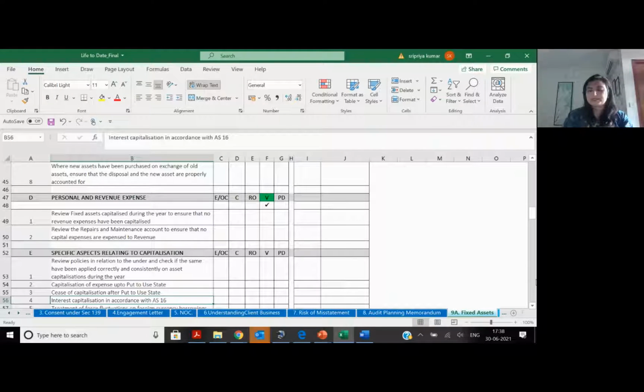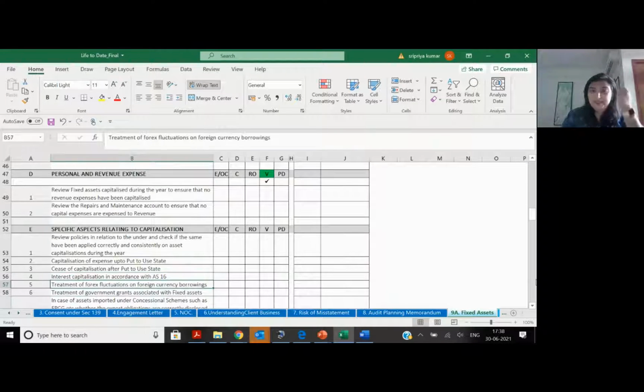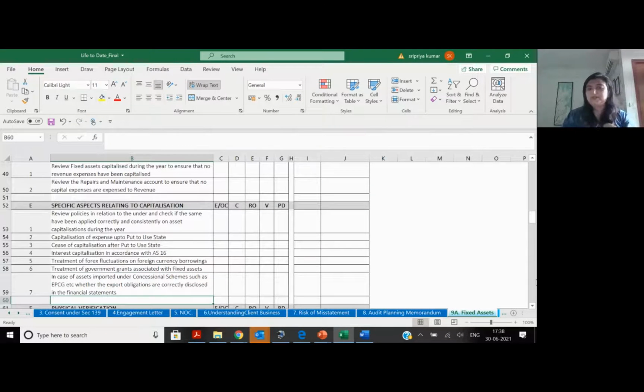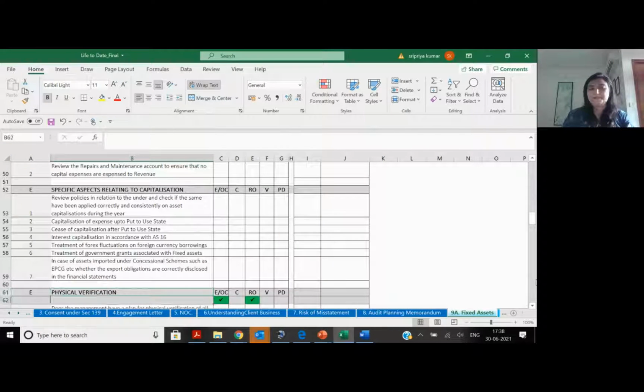150 crore capitalization has happened. 25 crores capitalization has happened. You need to ensure that the capitalization has happened correctly, which is basically when I accumulate my CWIP, it will be CWIP debit to supplier. And when I capitalize, I will credit CWIP and debit my fixed asset. Has the debiting happened correctly? My Forex, my government grants, my EPCG benefits, have they all been treated correctly?